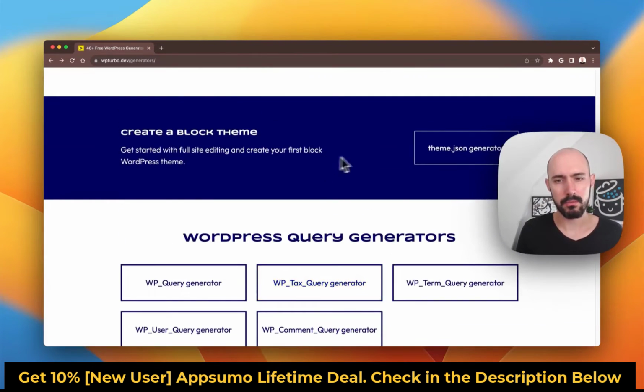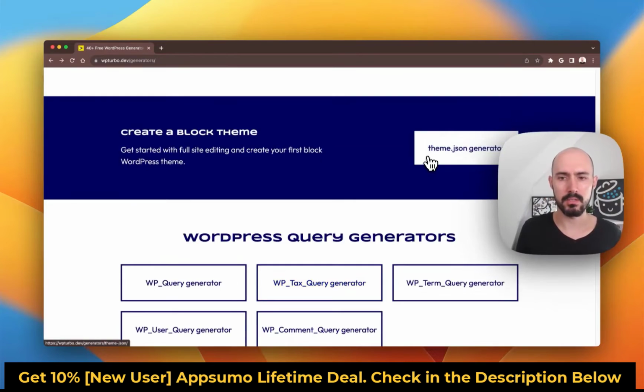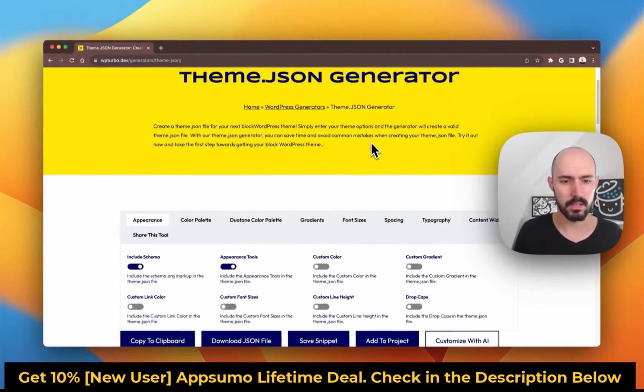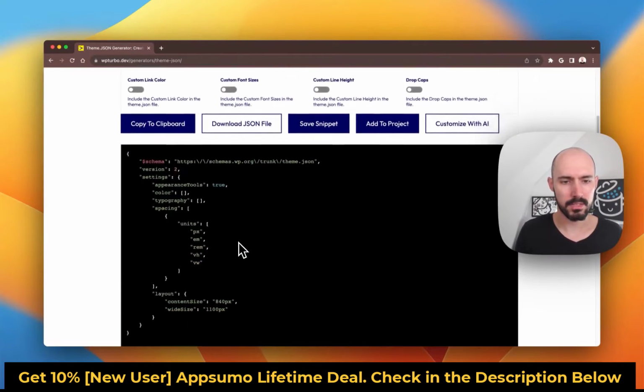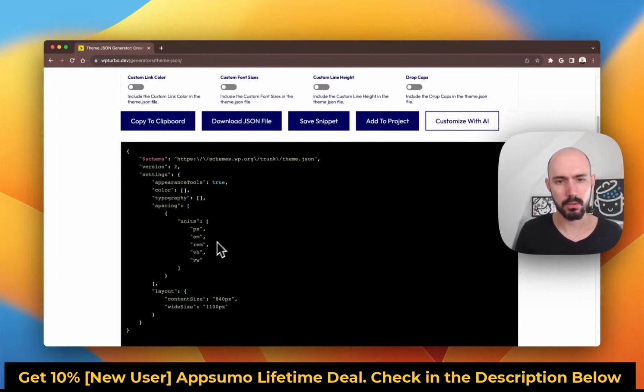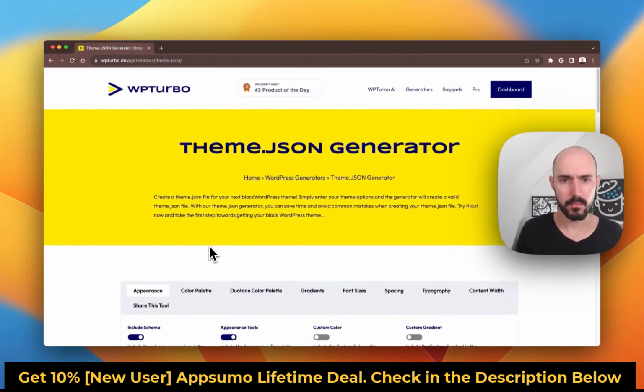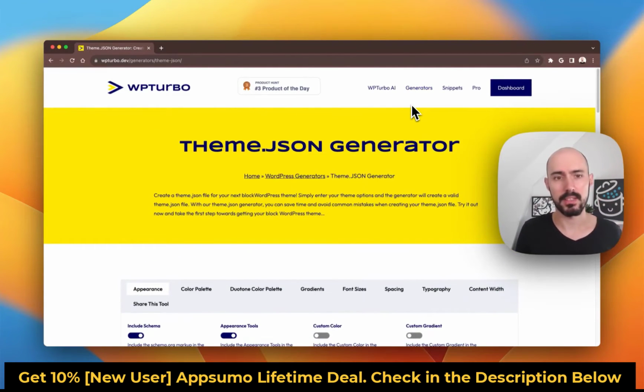One of our most famous generators is the theme.json generator for creating a block theme. So you can add everything you need to generate the custom theme.json file for your WordPress theme. So that was the first set of tools that are available on WPTurbo, and the second tool is WPTurbo AI,